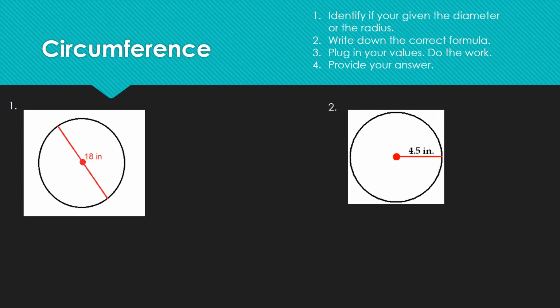So let's look at example number 1. Number 1, we are given the diameter. The diameter is 18 inches. So which formula are we going to use? Well, if we're given the diameter, we're going to use circumference equals pi times diameter. Now we're going to plug in. Remember, pi is 3.14. Make sure you guys remember that. Remember, pi is always